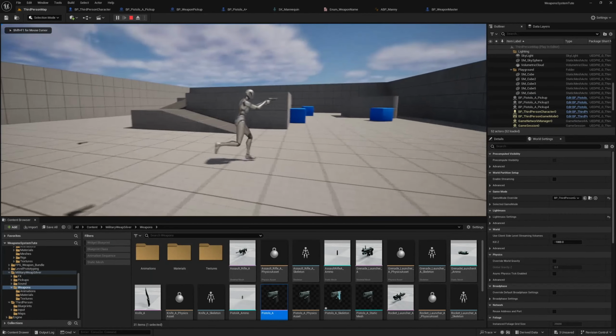And then before we forget, let's also go to our BP pistols A, and in the class defaults here, find the weapon class and change it to secondary. Now what we might do before we continue on is also create a primary and its corresponding pickup. So in our weapons folder, we could right click on the BP weapon master and create child blueprint class. Or what we can do, which is probably a little bit easier, is to just duplicate